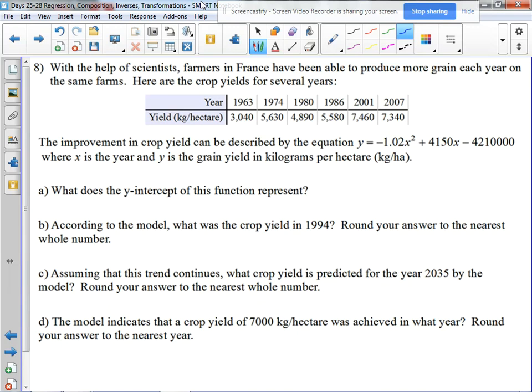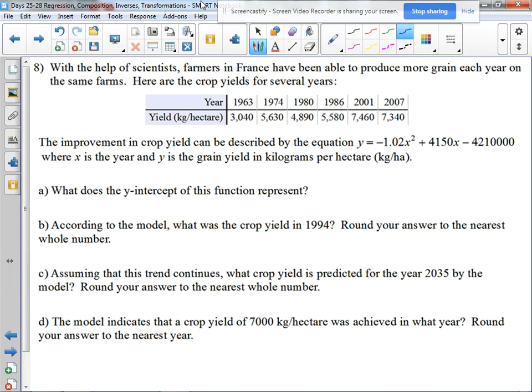The improvement in crop yield can be described by the equation. So they give you the model here. You don't have to find the model. Yes, they give you the data, but you don't have to find the model. They give it to you. So in this case, it's a quadratic function where x is the year and y is the grain yield in